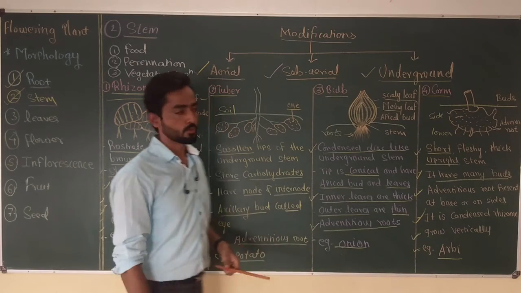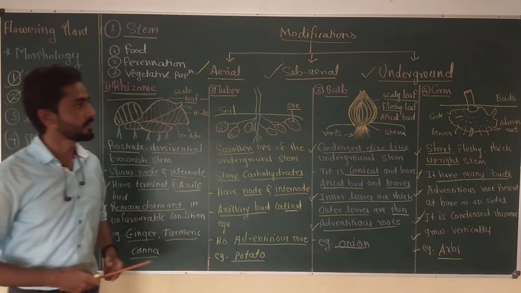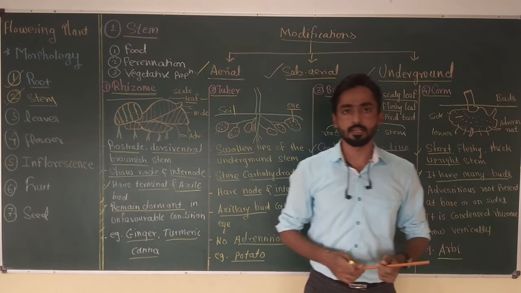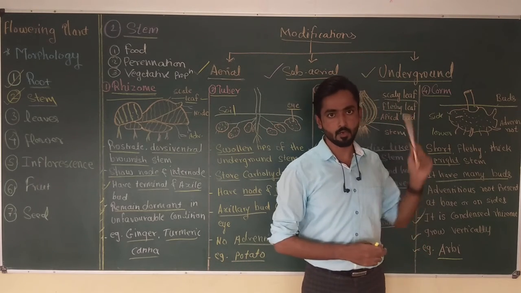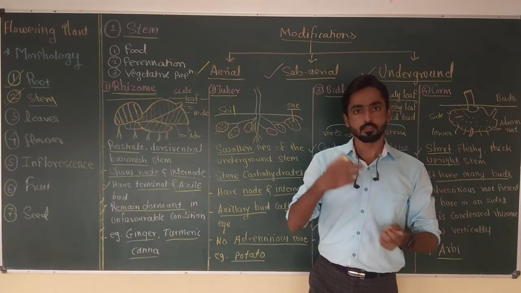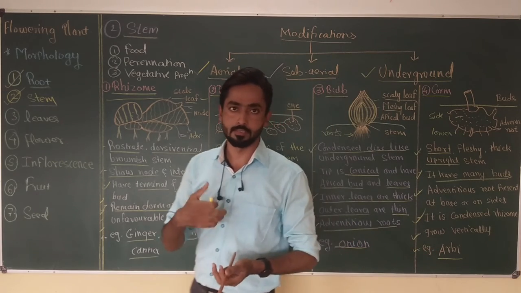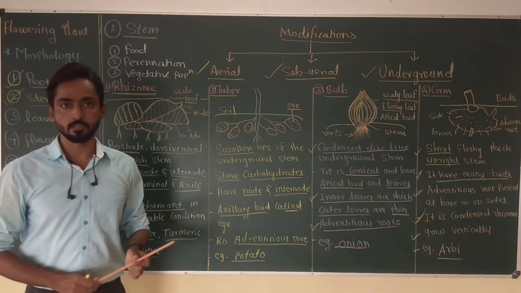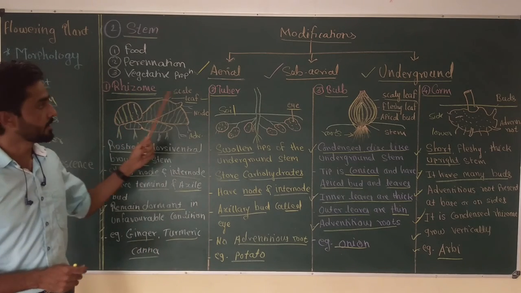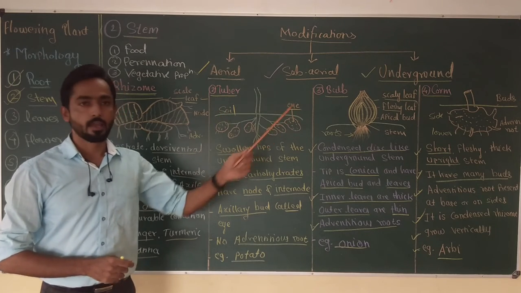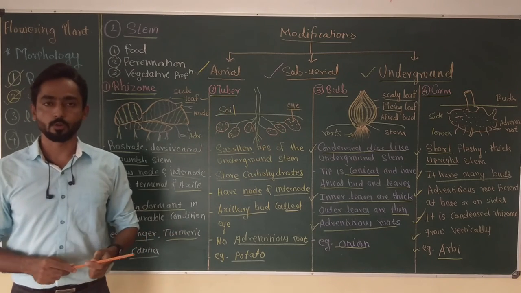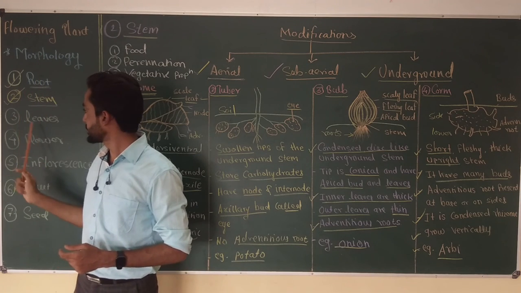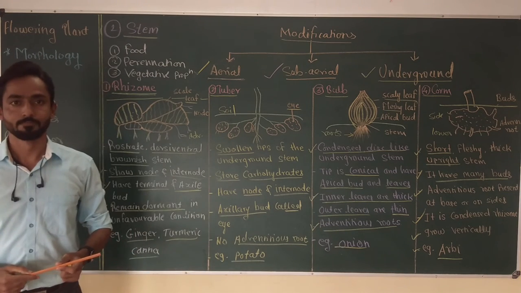arbi plant. So in this video we discussed in detail the third and last type of modification present in angiospermic plants, that is the underground type of modification in which the stem grows below the soil surface. In this video I discussed four important examples of underground modifications, which are rhizome, stem tuber, bulb and corm. In my next video I am going to start with the next part of the flowering plant, which is nothing but the leaves. Thank you.